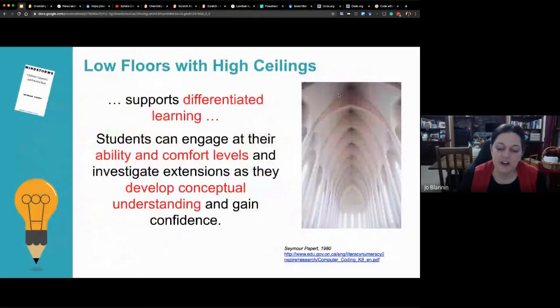Seymour Papert, he's kind of the father of computing. In 1980, he talks about technology needing to offer low floors and high ceilings. What that means is that everybody should be able to enter with low floors. So when you think about technology in your classroom, there should be really high ceilings, because